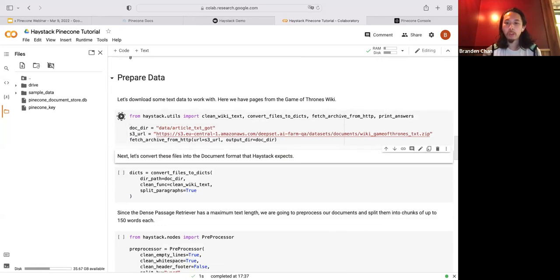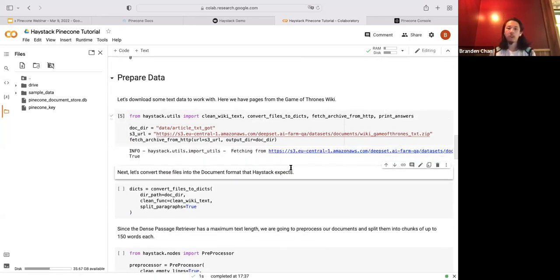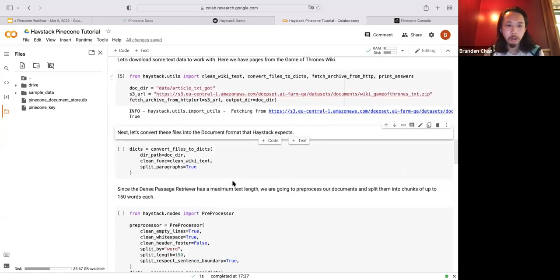What we're going to be working with here is a set of Wikipedia documents about Game of Thrones. Sorry, more specifically, it's the wiki documents about Game of Thrones. There are about, I think, 2,000-ish documents, maybe. Yeah, we're going to see that printed out in just a second. And then we've